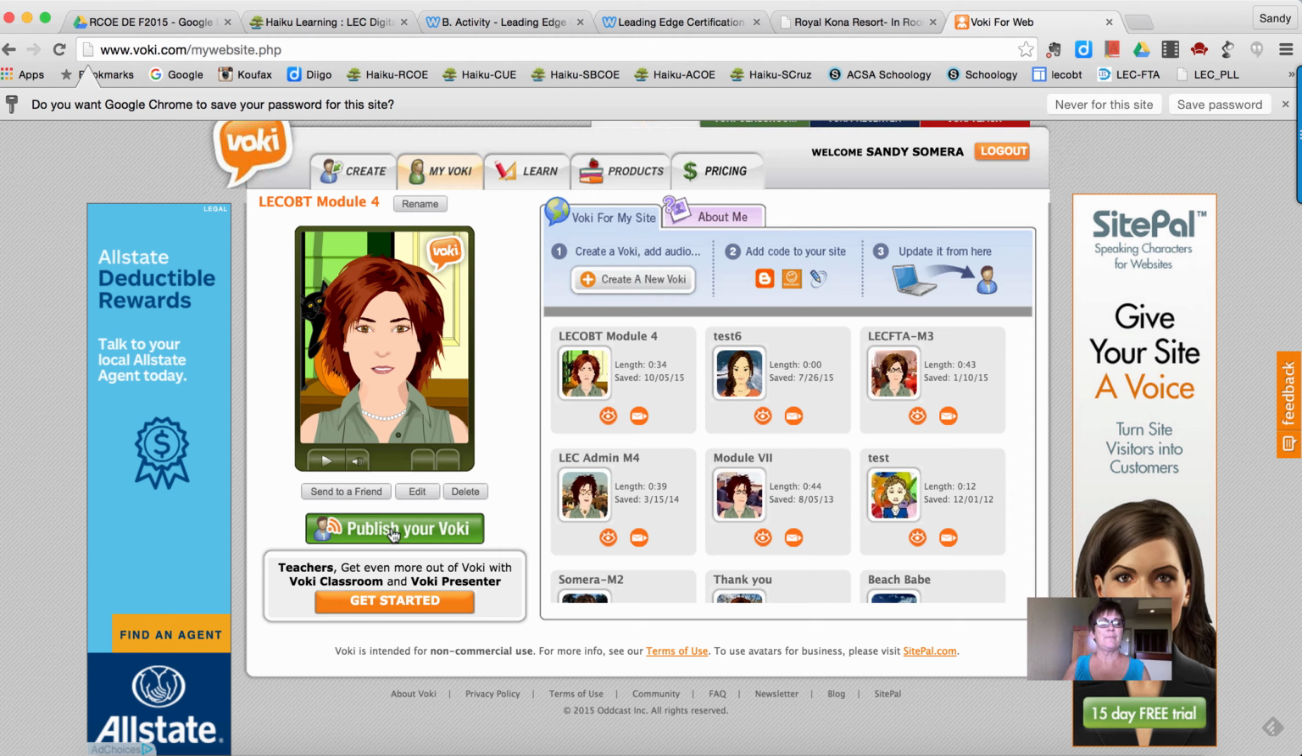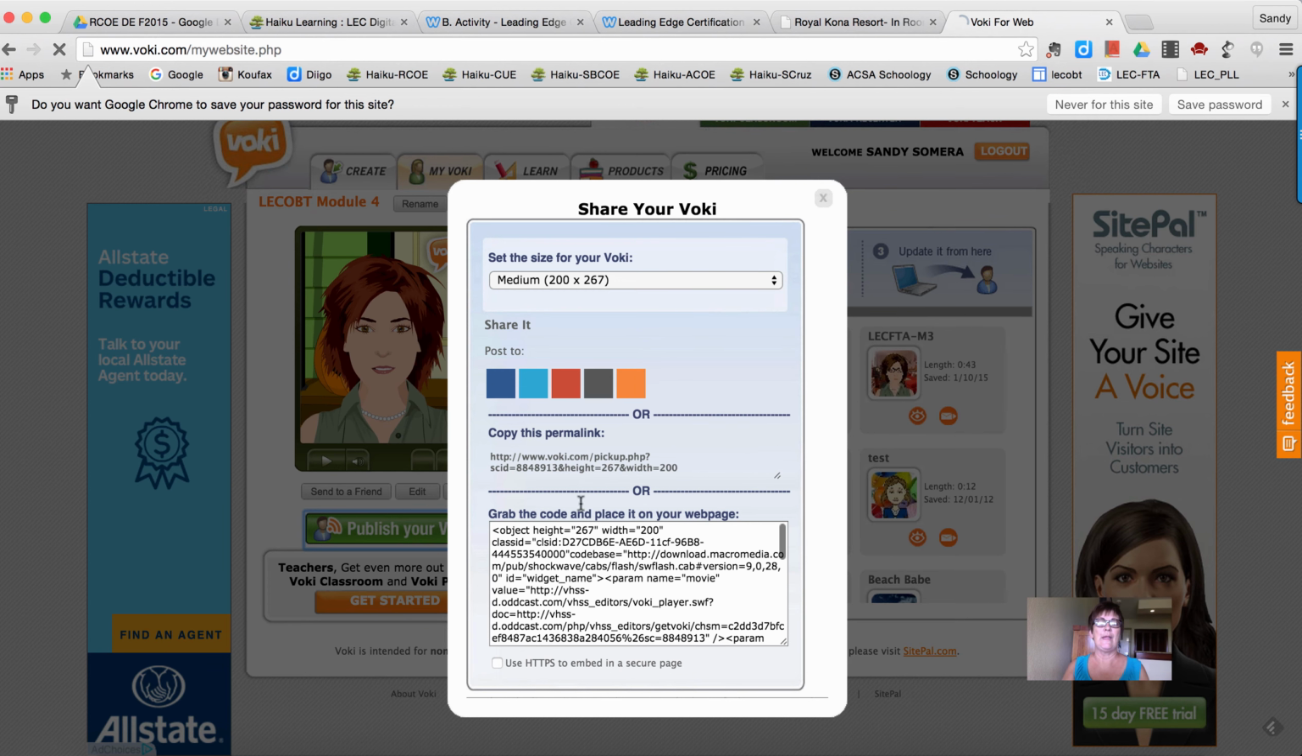you'll want to click on this Publish Your Voki down here, and it will give you both a link to your Voki so that people can go to it and view it, and it gives you this really long embed code, which you don't need to know how to read any of that. You just need to be able to copy it and paste it. And because most of the time we need to have it embedded in a secure page, I would click this little checkbox down below and then highlight the entire embed code, copy the embed code,